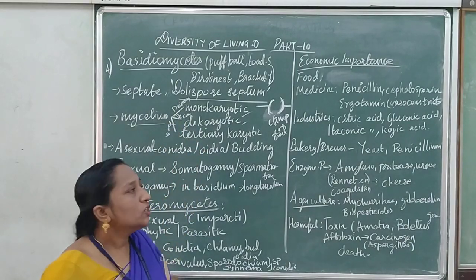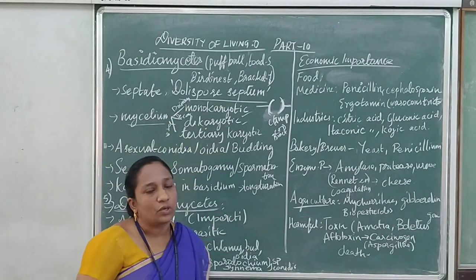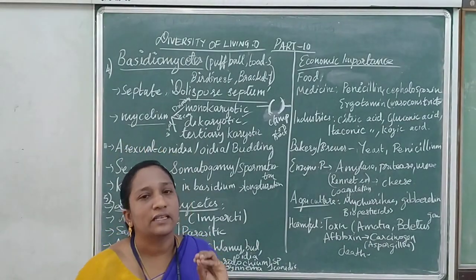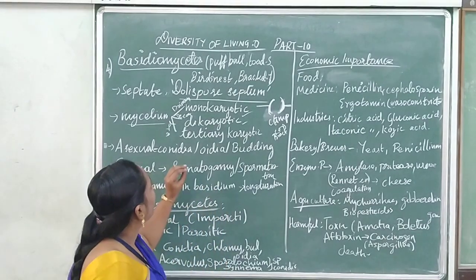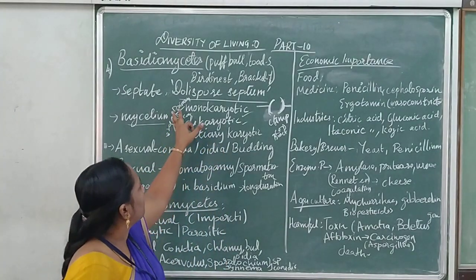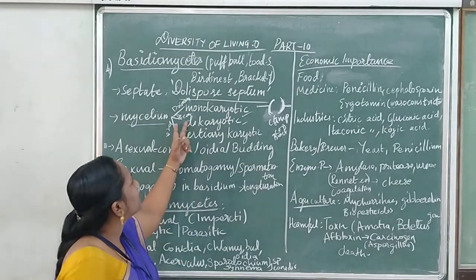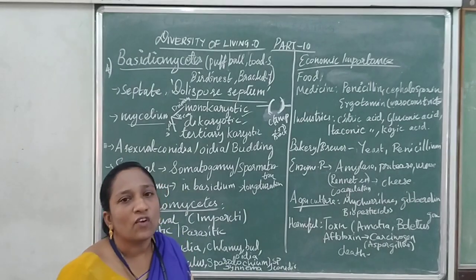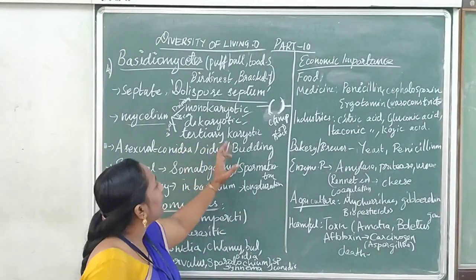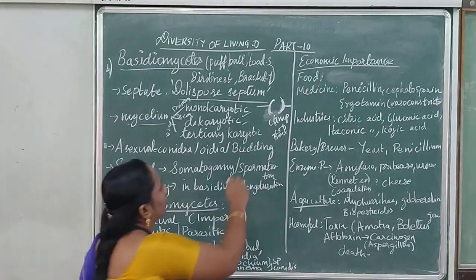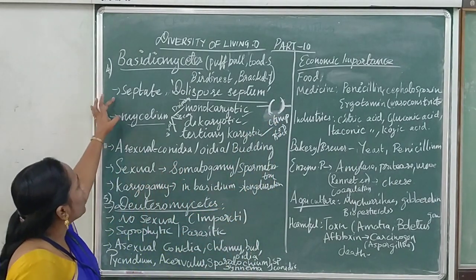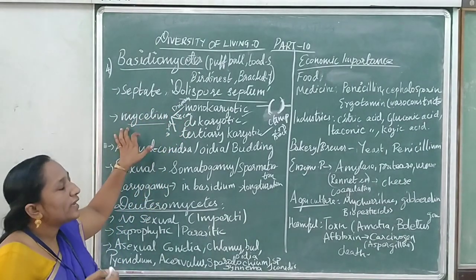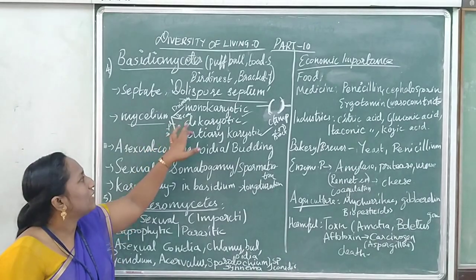then that is the third form. It is called tertiary karyotic. What is it said to be? Tertiary karyotic. This mycelium is nothing but that fiber thread-like formation. If it is formed first, it is called primary, meaning monokaryotic. If it is formed secondary, it is called dikaryotic. If it is formed third, it is called tertiary karyotic. Children, up to this clear? Okay. So first we learned about the special name of this fungi due to the bracket structure, and next this mycelium, and based on the formation we learned the 3 types.